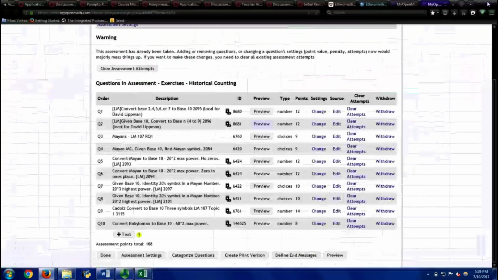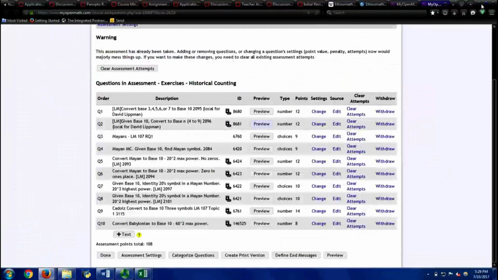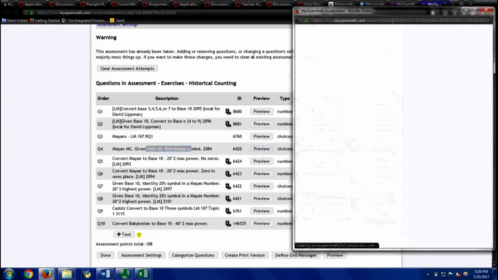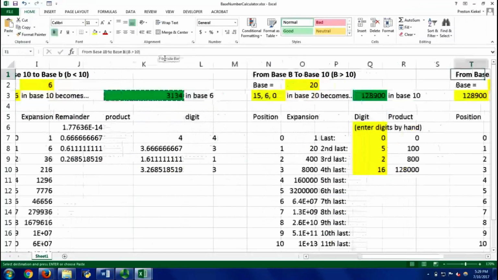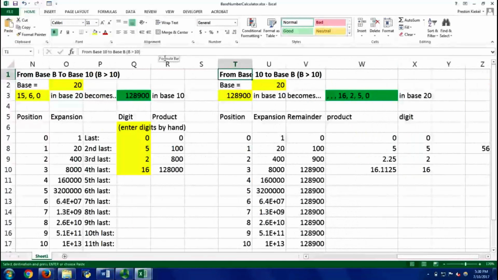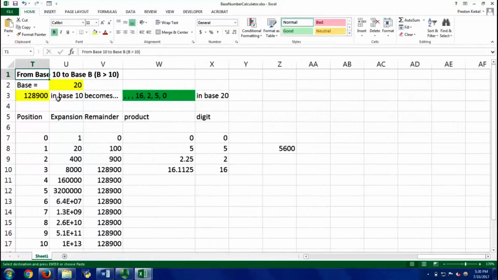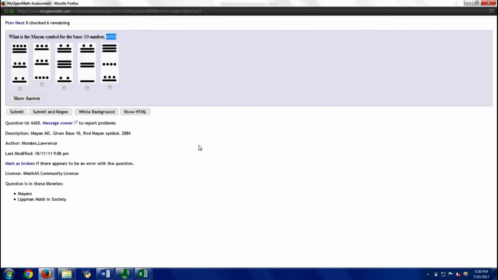It can also be used to go from base 10 to another base system that is higher than 10, such as the Mayan counting system. If I have 6088 in base 10, what is that in base 20? Well, that means that I'm going from base 10 to base B, where B is greater than 10. So I come to that section, I choose the base, in this case it is 20. The number I want to work with is 6088, and in base 20 that becomes